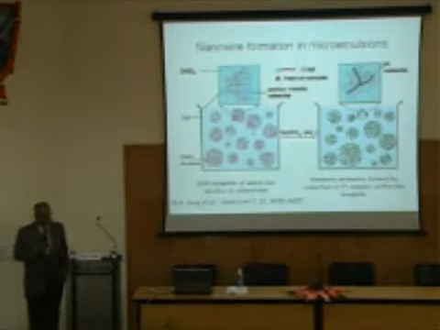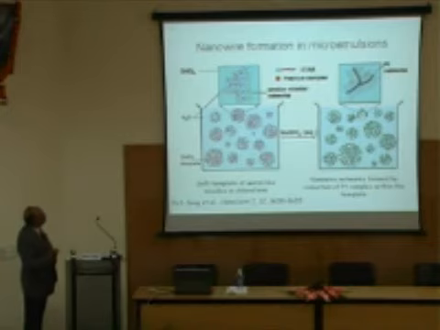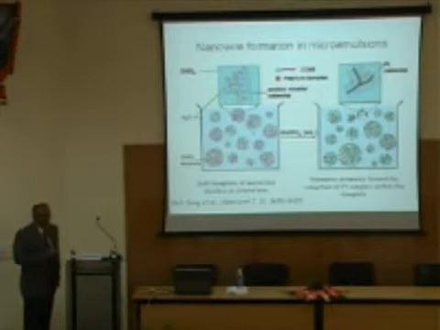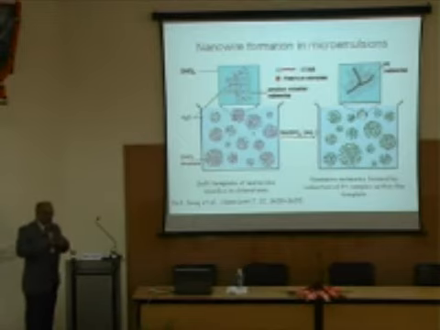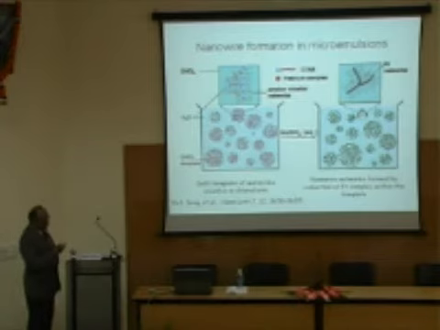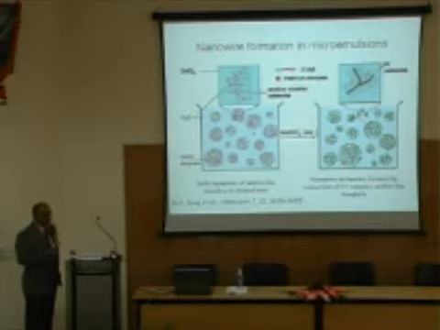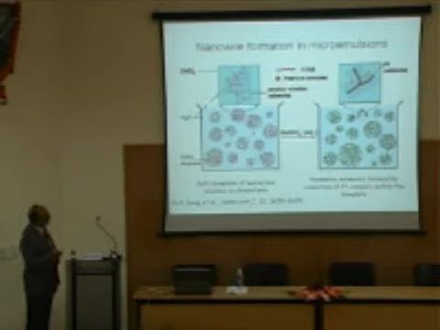Now, coming to the area of my interest: nanowire formation in microemulsions. I will just tell you what a microemulsion is a little later. Basically, you can see that there are some hair-like structures. These hair-like structures are nothing but long-chain carbon fibers, and these carbon fibers at their end have some kind of a charge, we call it a polar head, and they form